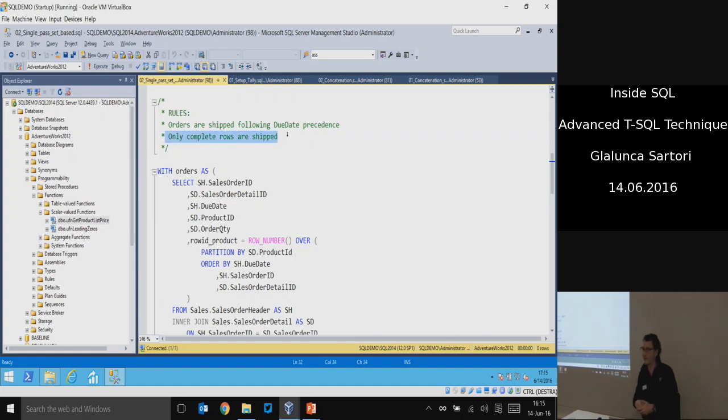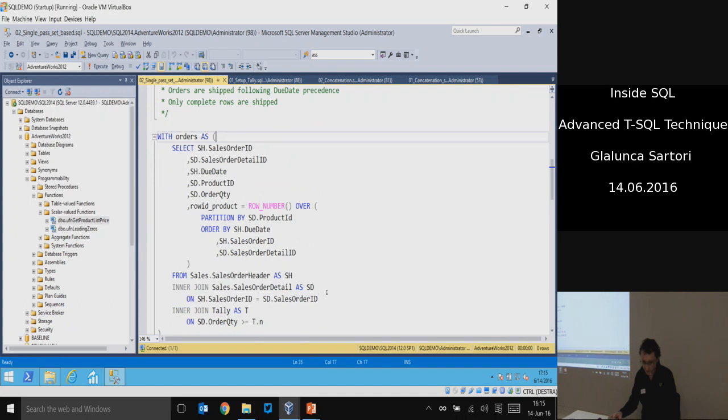So that means that if I have a quantity of 5 and I have 3 in the warehouse, I don't ship the row. I don't ship the 3 I have. I wait until I have all the 5 available. So how can you identify this? You can use OVER clause. You can partition your orders on product ID, and then you order by due date, because this is the precedence for orders, and then